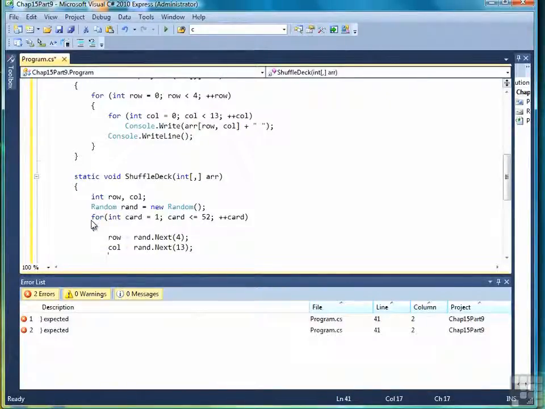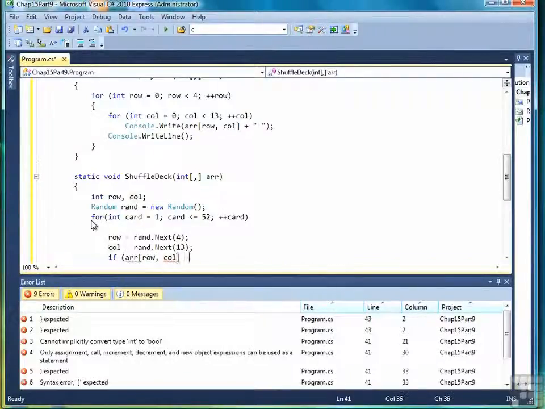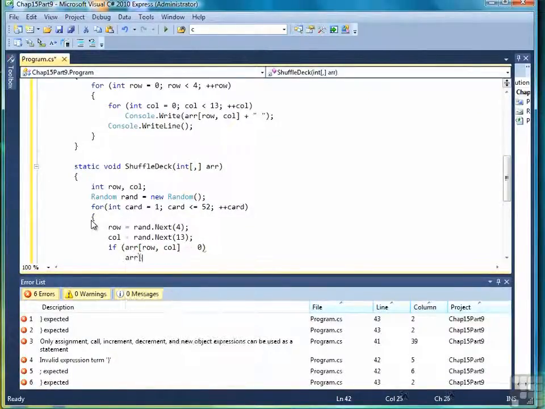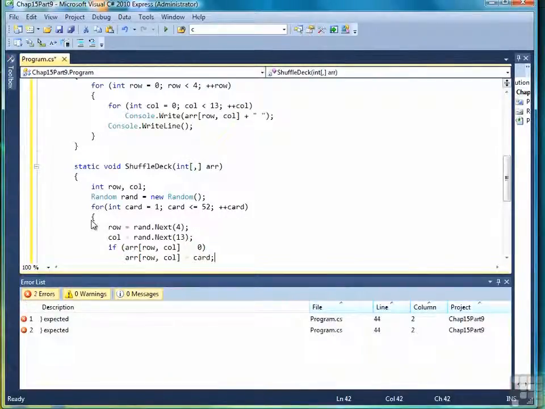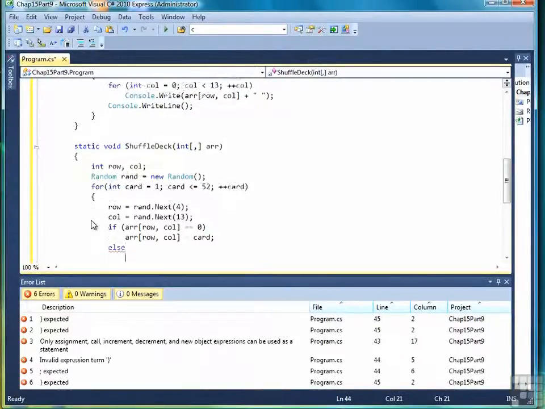So then, after we've generated a random number for the row and the column, we check to see if that position is open. In other words, is its value equal to 0? If so, then it can be assigned the card value. So for example, if we hit row 2 and column 2 and it's equal to 0, then that's going to be the first card in the deck. It just depends on what the random number generator generates. If it's not equal to 0,